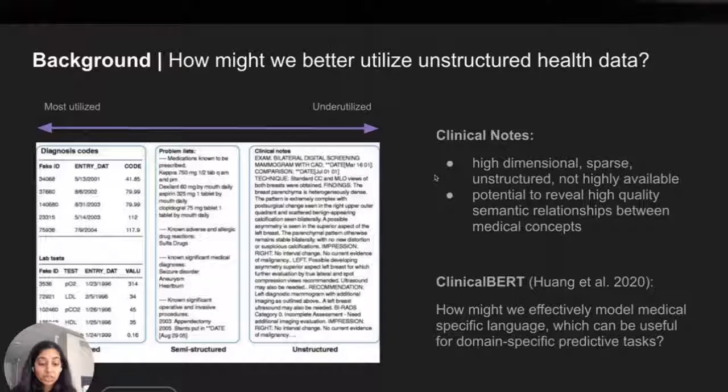Clinical notes are often underutilized in the medical domain, yet with the help of deep learning models, they have the potential to reveal high-quality physician-assessed semantic relationships between medical concepts, which would otherwise involve a human perspective. The paper we reproduce sets out to solve how we might effectively model clinical language, which can be useful in